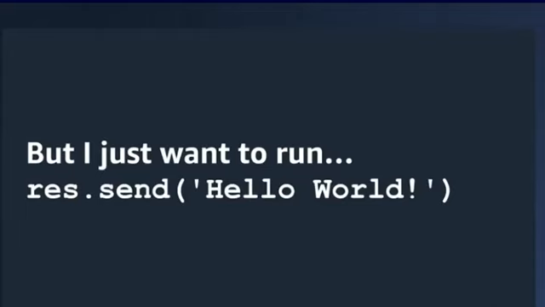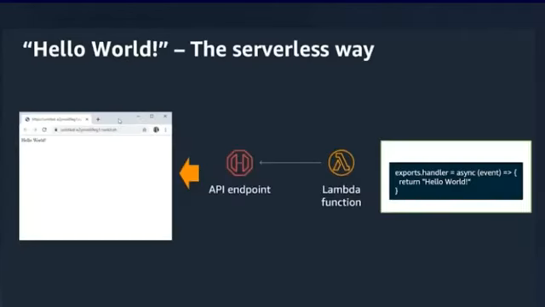The serverless approach helps developers focus back on the actual code that they care about. And so if you look at this Hello World application, how it would work as a serverless app, this is kind of how you do it serverlessly. You have one Lambda function containing your one line of code, and then you put an API gateway endpoint in front of it. And so this example is massively scalable right out of the box because API Gateway and Lambda